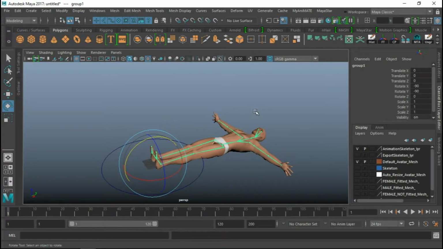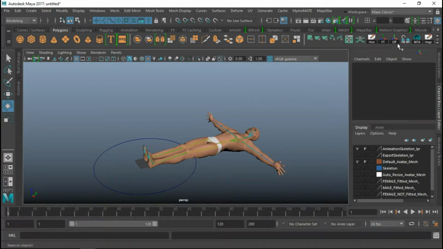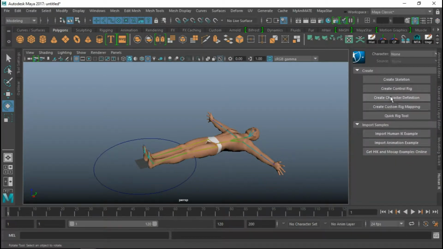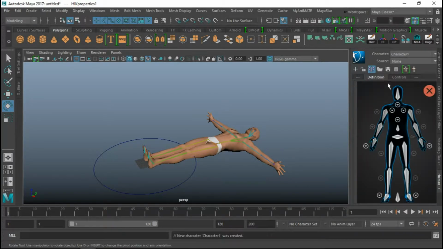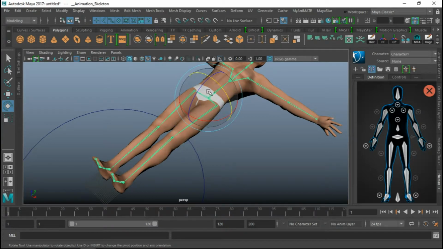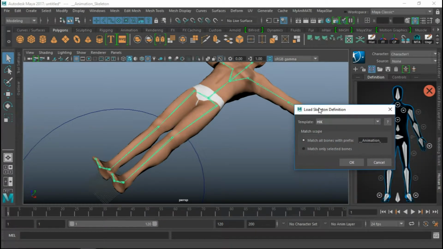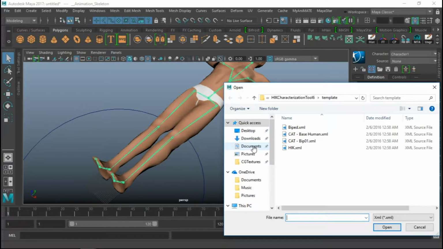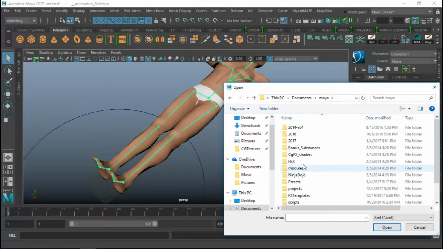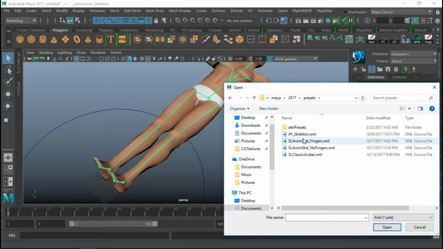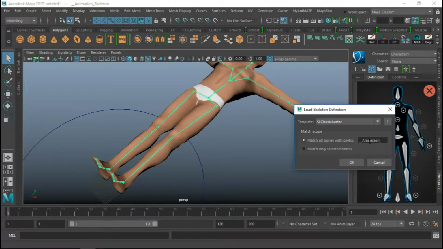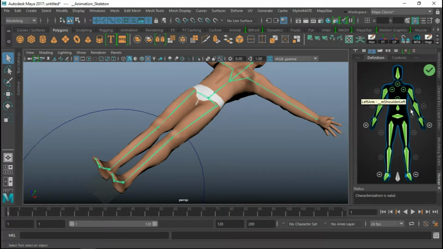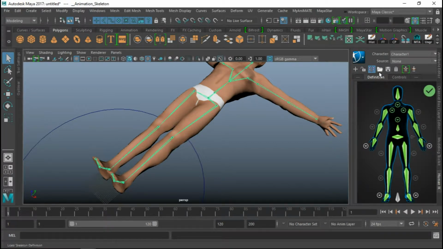Okay, so once it is in this stance, I'm going to activate the human IK and create a character definition here. I will select the hip, and I'm gonna load the skeleton definition. I provided the skeleton definitions too, so I have them stored in here. Presets, SL classic avatar. Okay, and just remove the name, just leave the 2 underscores. Okay, that is working now. It's all green. We have a validation status here. Lock it,